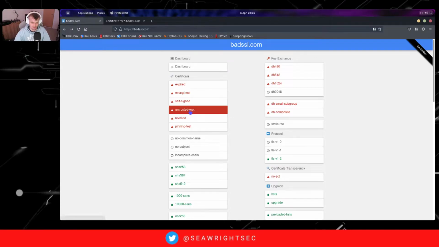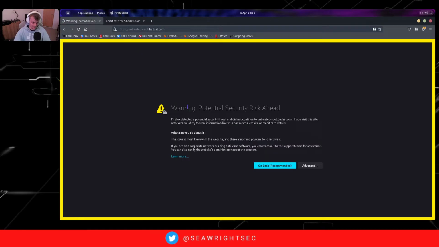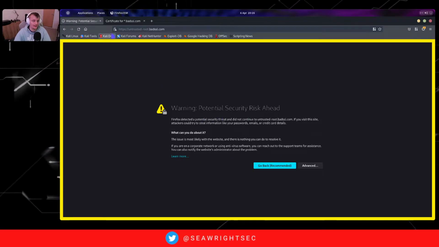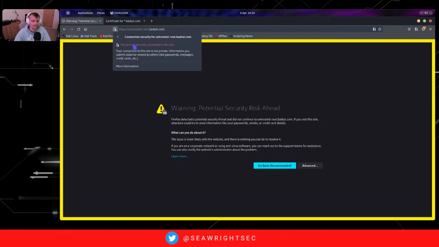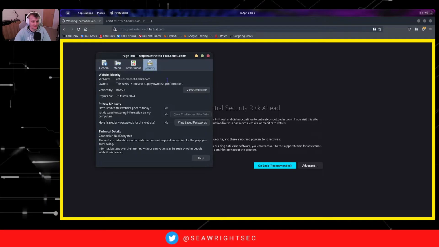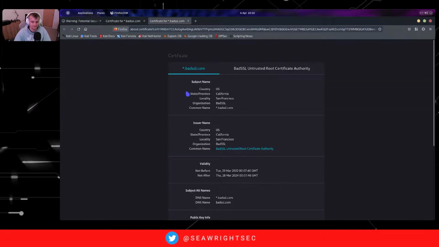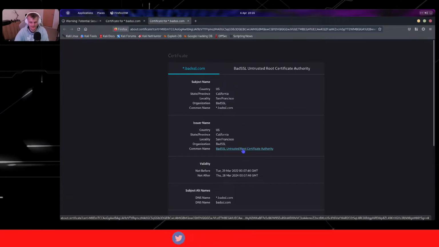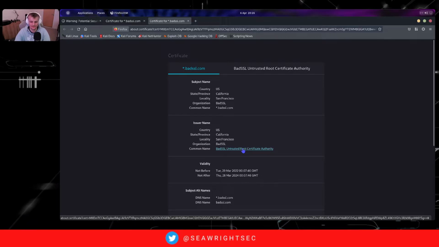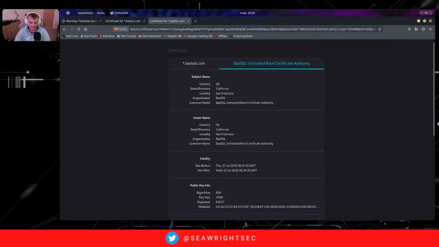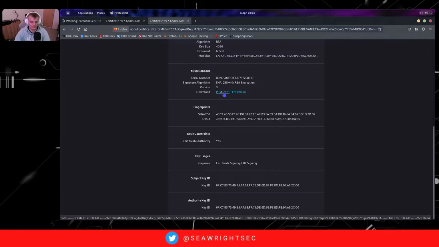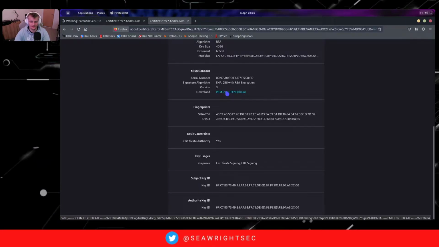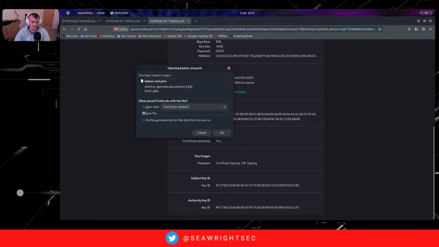So that's self-signed. So now here's where we're getting on to CA validation. And if we now go view the certificate, what we have here is this bad SSL, untrusted root certificate authority, and we don't trust the CA. Now, what I could do, let me actually do this, is if I download the certificate, let me save it